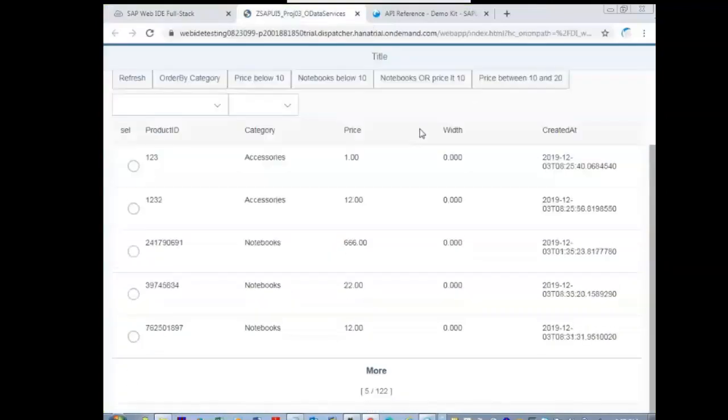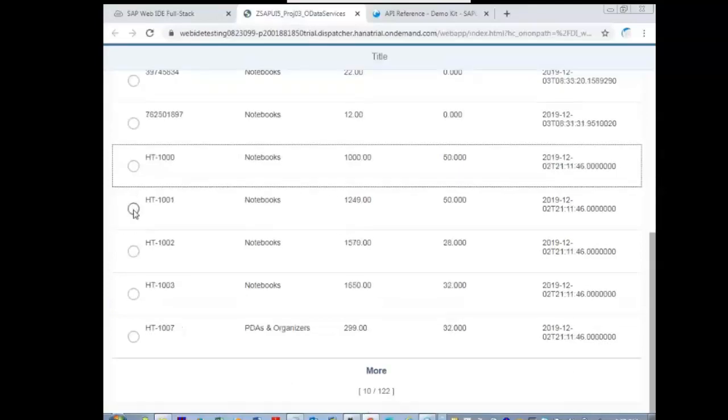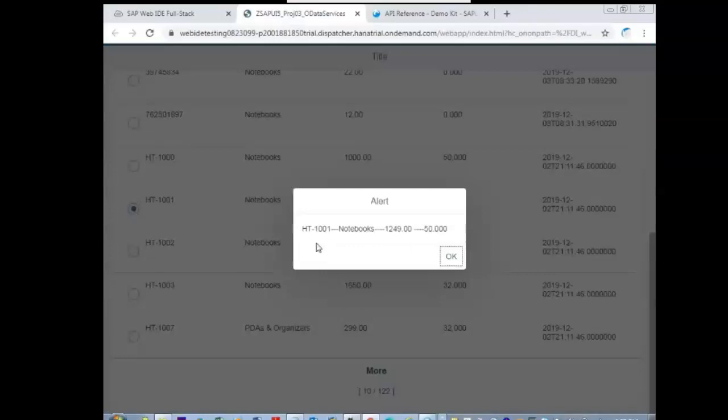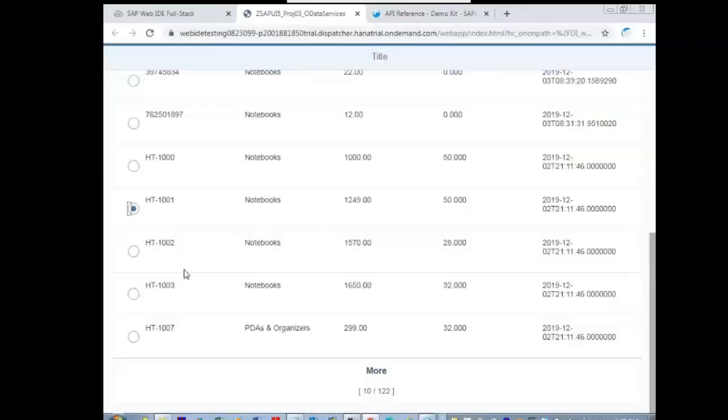Now I'm selecting this one, HT1001. We are getting the values clear. The bug is, HT1001, this is what it is populating correctly. I'm closing this one. I'm opening another one. I'm clicking on this HT1002.